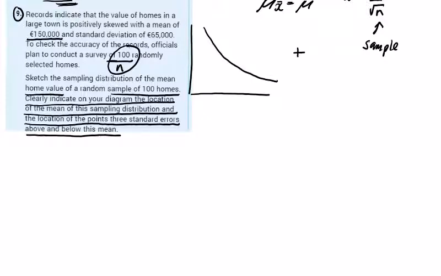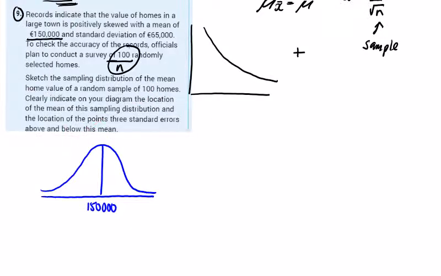So let's have a go at sketching the sampling distribution of the mean. Now, if you watch these videos, you'll see that I try to do them all the same. It's a normal distribution. That's all you're going to be sketching in Leaving Cert statistics. Here's my average, which we're told in the question is 150,000, and we're looking for,